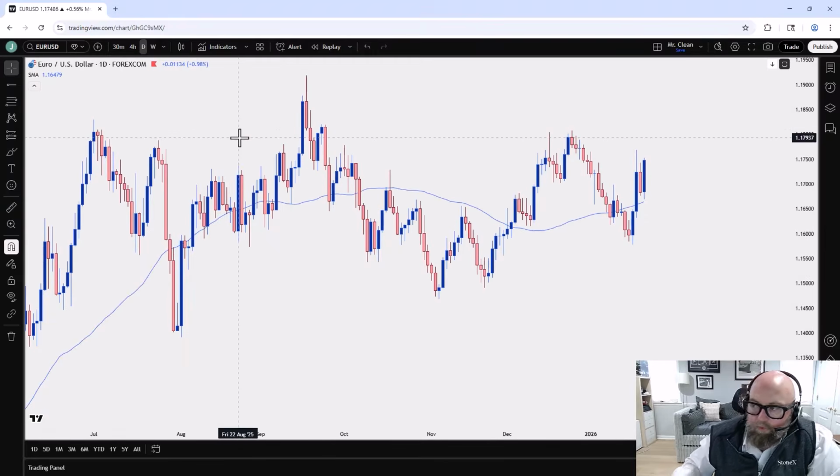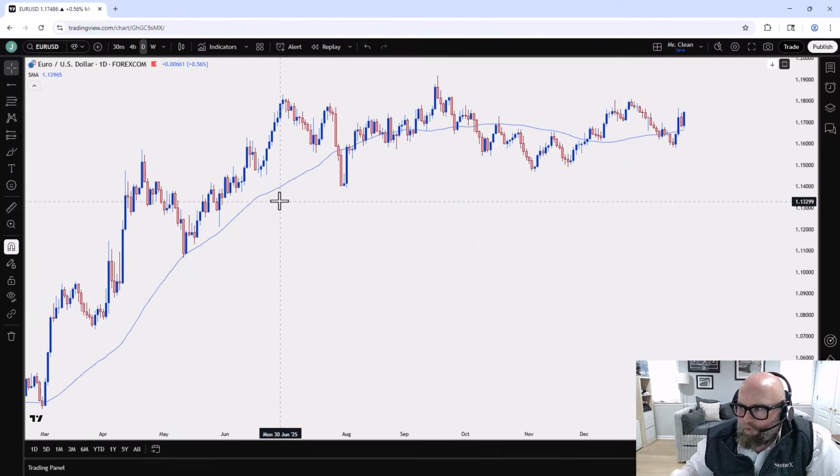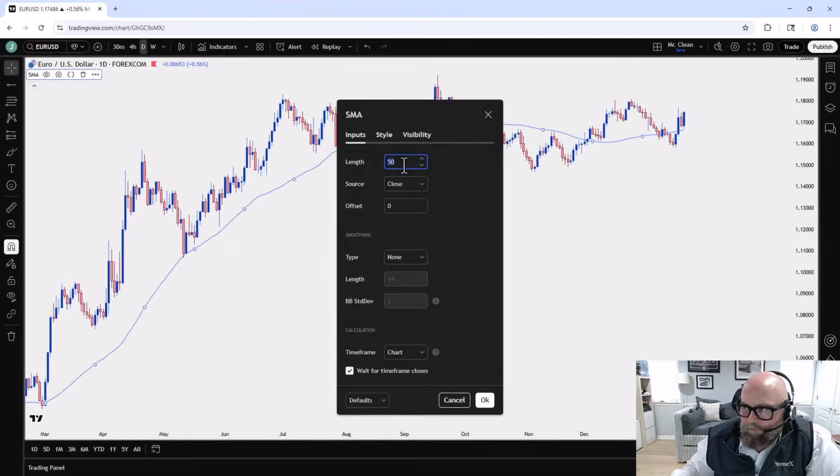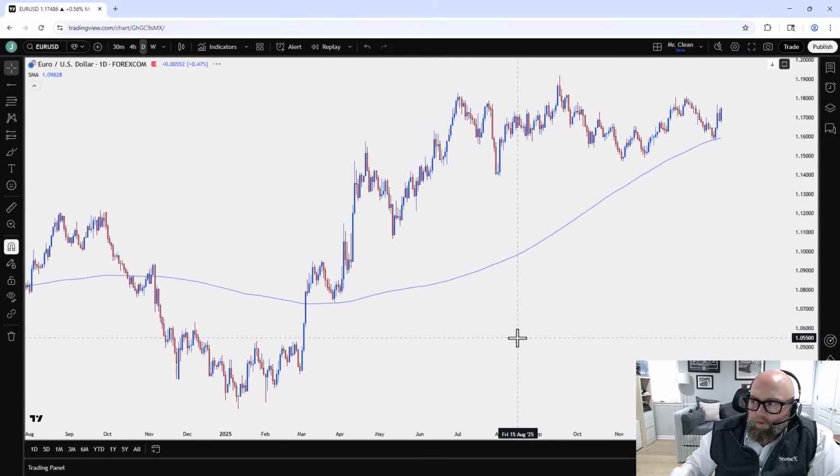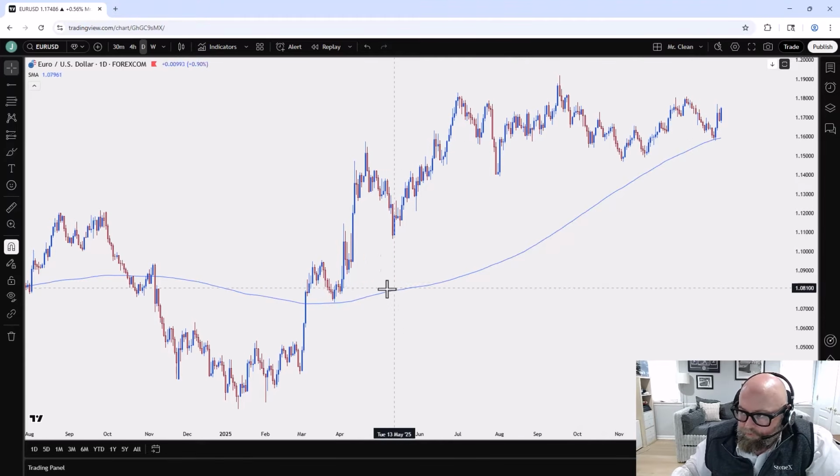But let's go to that indicator method. I know a lot of traders, especially experienced traders, one of the first indicators you learn is the moving average, because it's simple. It makes a lot of sense. It's simply the last 200 periods' closing prices divided by 200, and the value of which is plotted directly on the chart. It's just a lagging moving average.